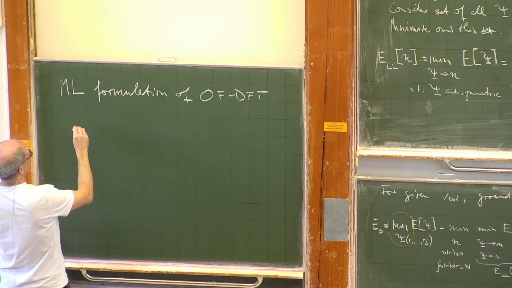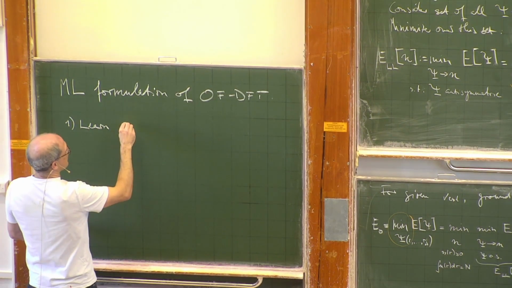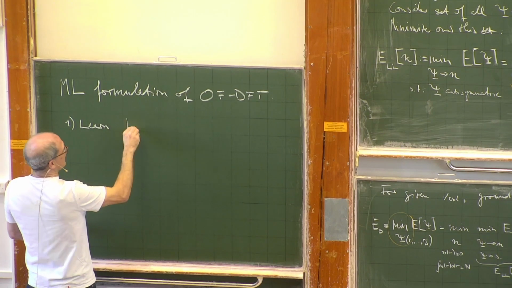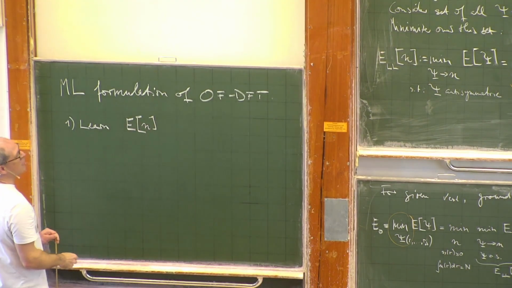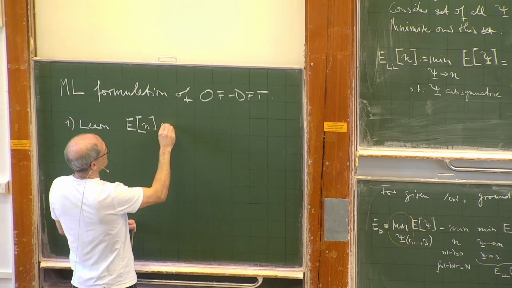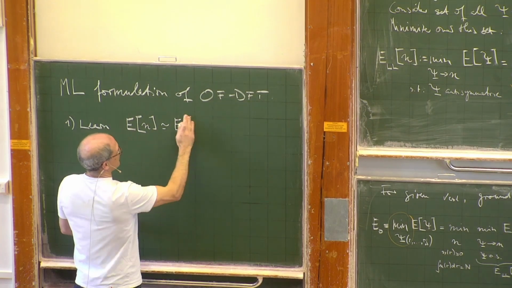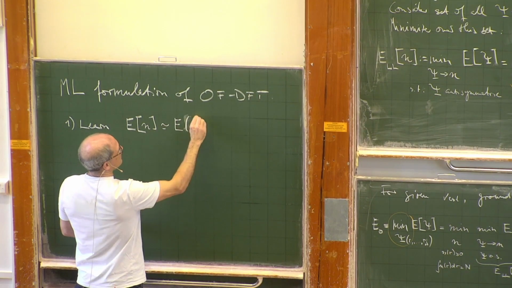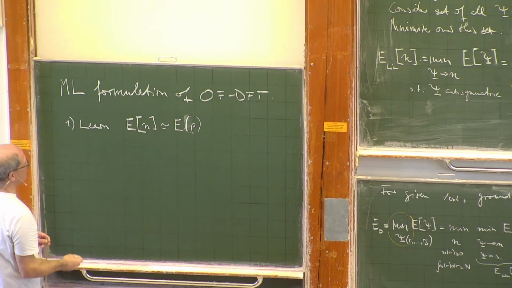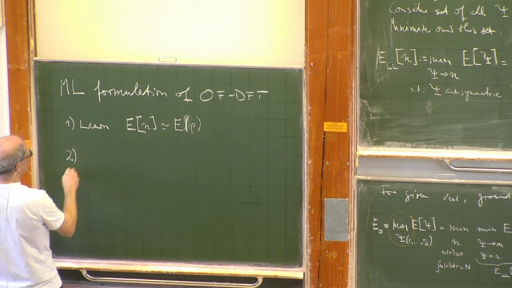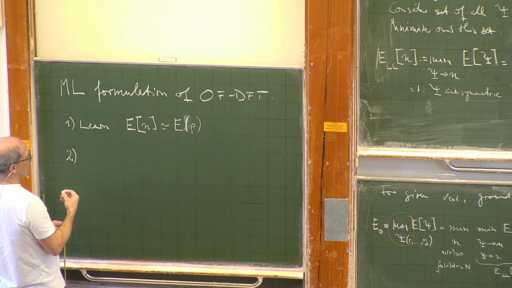The idea is to first learn, and I'm now writing very generically, a functional of the density, and this we approximate by a function that depends on coefficients that are used to represent the density in the kind of expansion that we've seen on the right-hand side. And once this is learned, the idea is for a given molecular geometry,